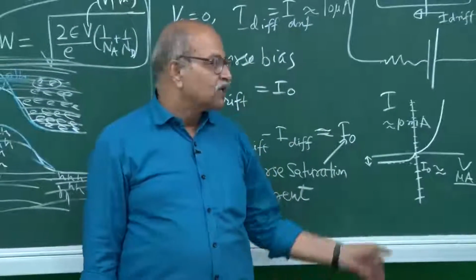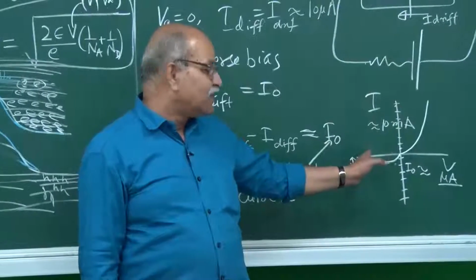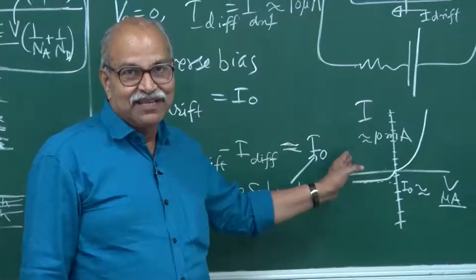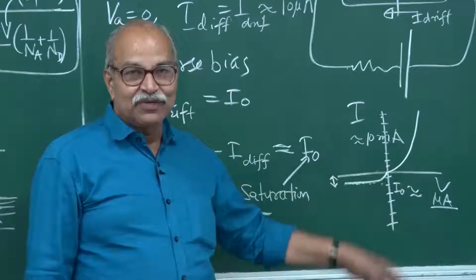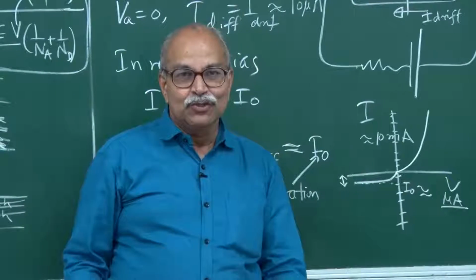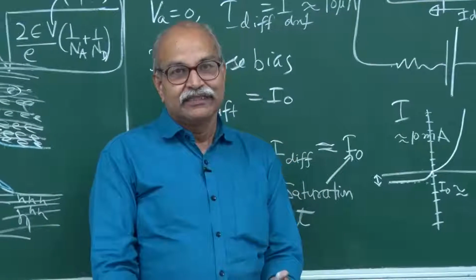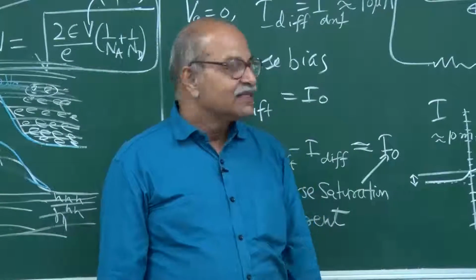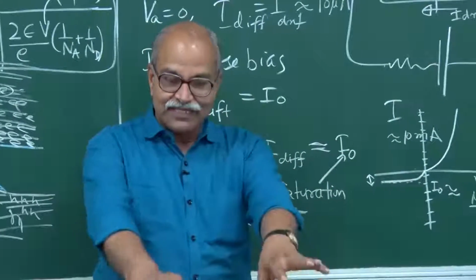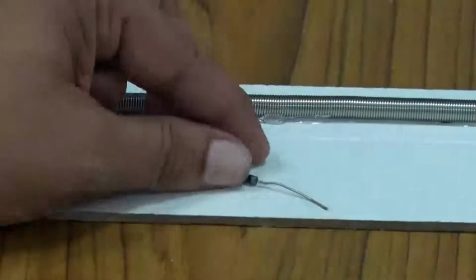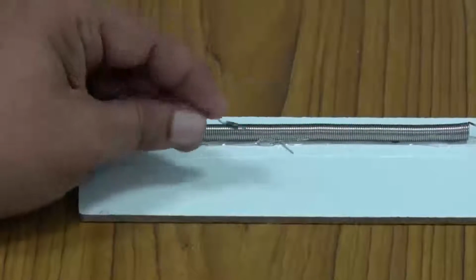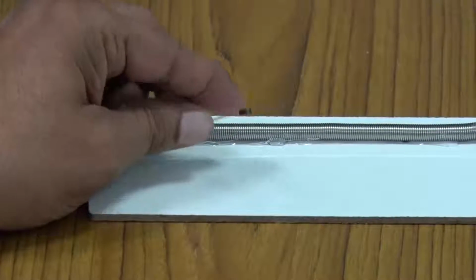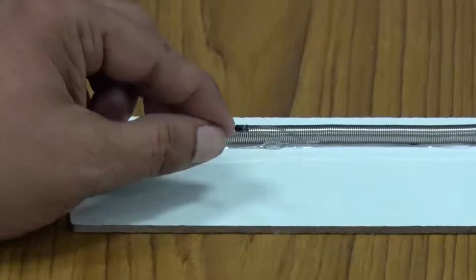Before talking to what happens if I apply very high reverse bias, I told you that there will be some problems if I apply very high reverse bias. But before going into that, let me show you this forward bias and reverse bias on a PN junction and see how the currents vary qualitatively on the table. So, if you go to market and ask for a PN junction diode, this is what you are going to get. This is one variety,